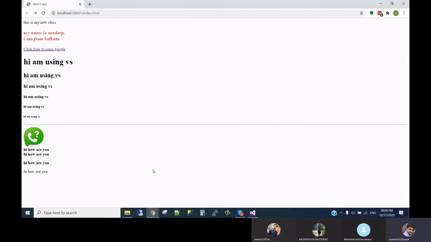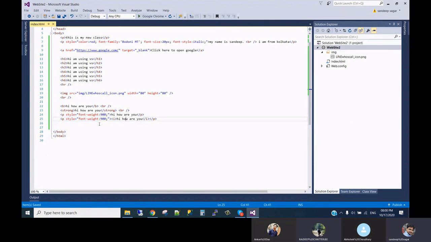Let me refresh. See, it became bold with an italic font. We can use color also. Tag inside tag, no problem in HTML. In the H1 also you can use bold, you can use italic, paragraph, no problem with that.